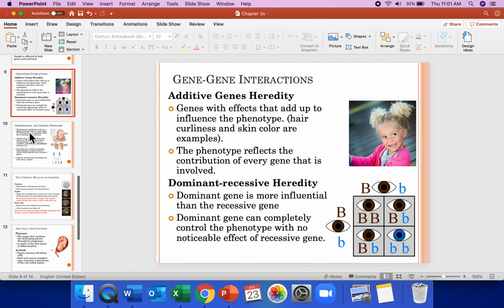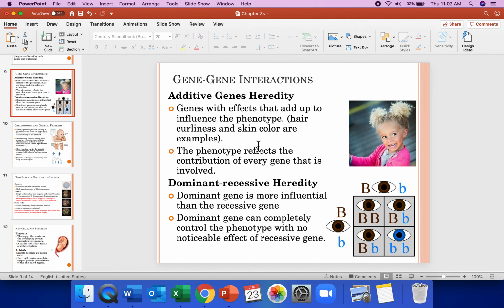Now, gene to gene interaction, remember we said that it's not as simple as you inherited those two genes so they were going to be expressed. No, sometimes they're expressed in a different way. They could either be collectively expressed as a result of additive heredity. So this is where, like we said, the height is the product of 400 genes. So genes with effects that add up to influence the phenotype. So the genetic